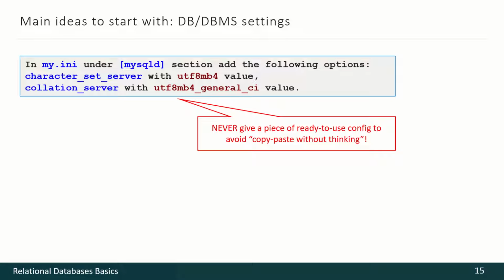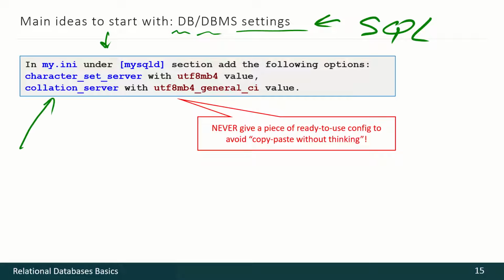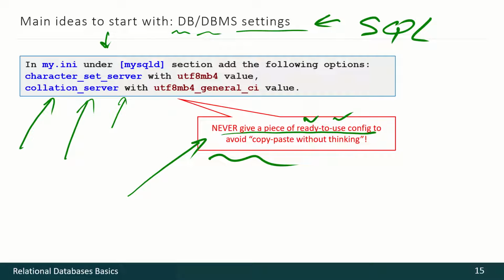And the most tricky part is DB or DBMS settings. Of course, some settings may be managed through SQL queries, but for some settings you'll need some description like this text, and please pay attention to this warning. Never provide a copy of a ready-to-use config. Why is that bad? Because when you have the whole configuration file, some settings are good there and some settings are not applicable for the situation when someone is using such a configuration file. So this may lead to a disaster.